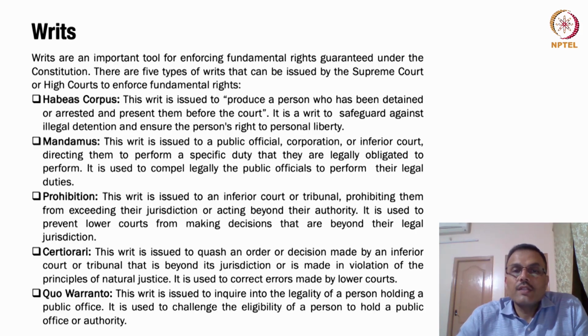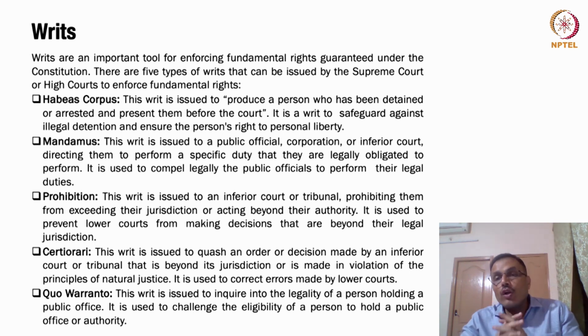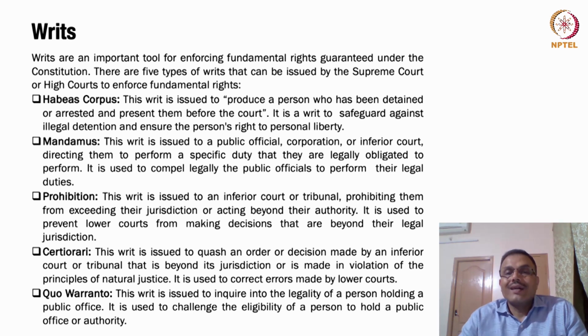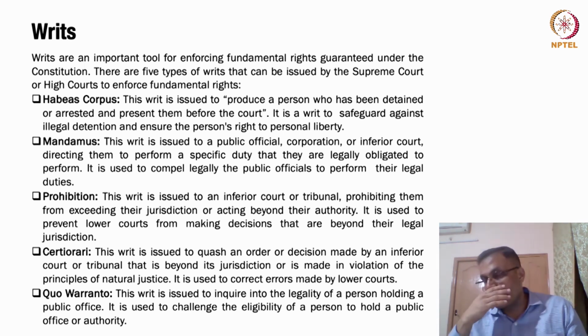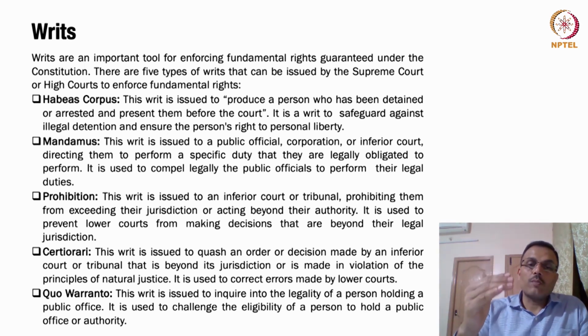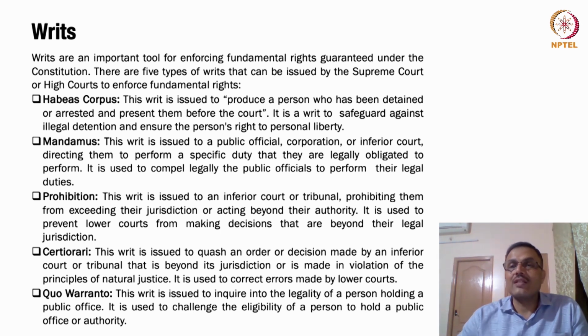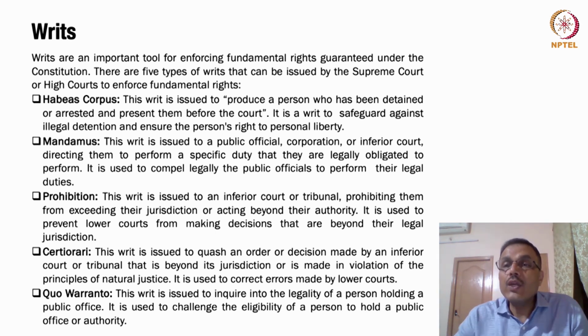So, friends, continuing our discussion on writs, which are an important tool for enforcing fundamental rights guaranteed in the Constitution. I told you there are five writ orders that are issued by the court. These are orders based on what we call the writ petition that is generally filed in either the High Court or the Supreme Court. So, writ petition, when we address this word, it's different from a writ order. Habeas corpus, mandamus, prohibition, certiorari, and quo warranto are writ orders based on what has been the aggrieved individual's plea